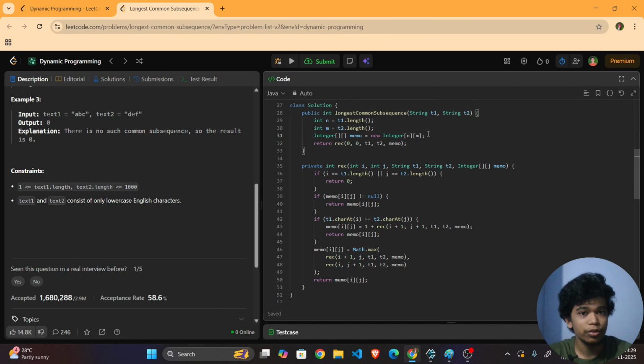Instead, if you want to use the -1, then you want to initialize again the -1 to every element of this array. Then you can obviously use here as -1. That's your wish. Okay, fine. Now if it is so, then I'll be returning it. Else